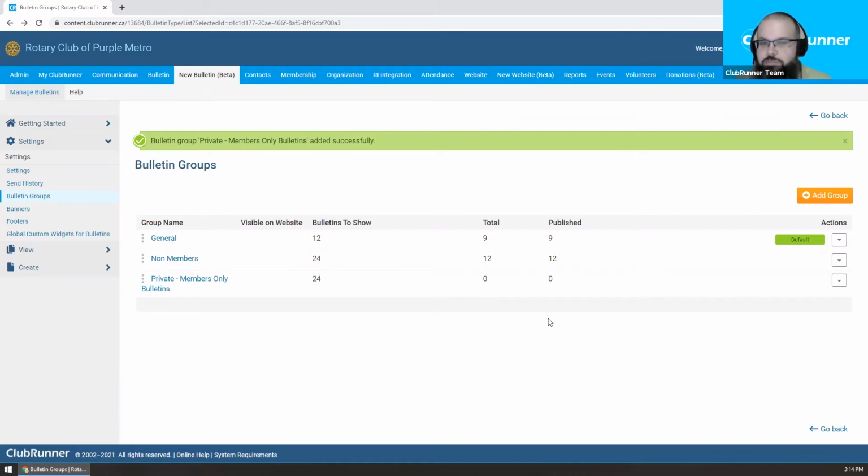So we've talked about our settings and our send history, where we can take a look at our past. And we've talked about our bulletin groups, which are our distribution channels for our bulletins and how we're going to classify them. So let's jump right into creating a new bulletin and getting started. So each week